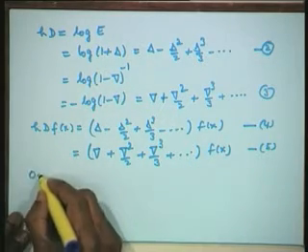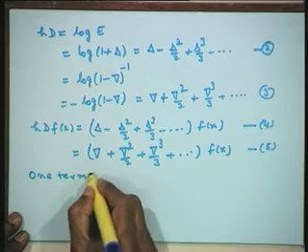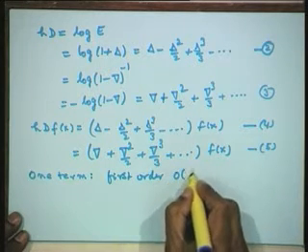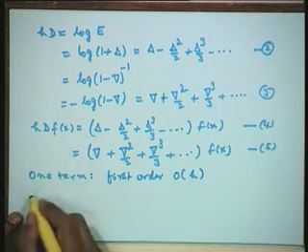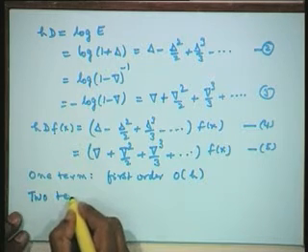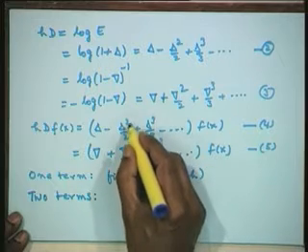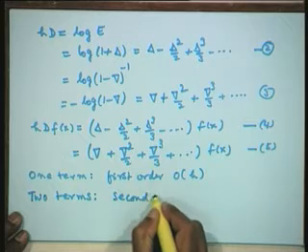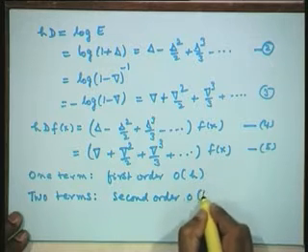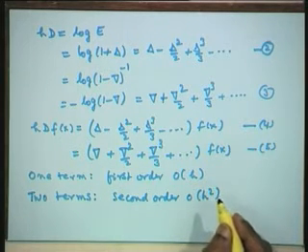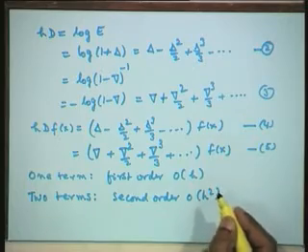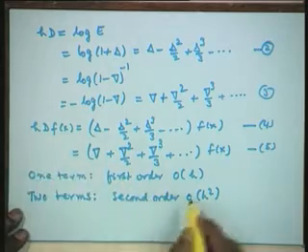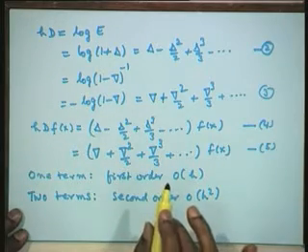If I use only one term in this expansion, I will get first order formulas, that means order of h formulas I will get. If I use 2 terms, that means I am using up to delta square by 2 here and backward difference square by 2, then I will get all second order formulas, order of h square formulas. Whatever we have derived earlier using the forward or the backward differences are obtained using this particular formula also.